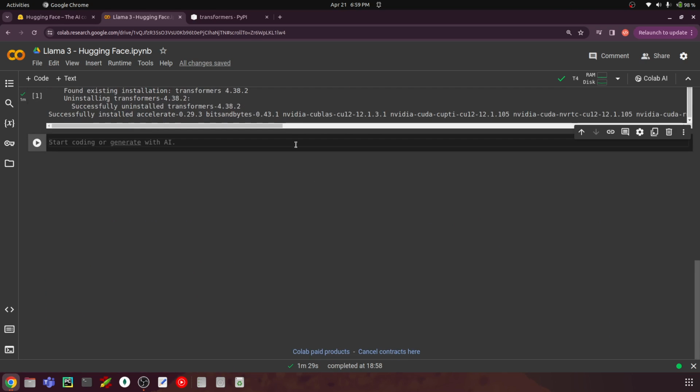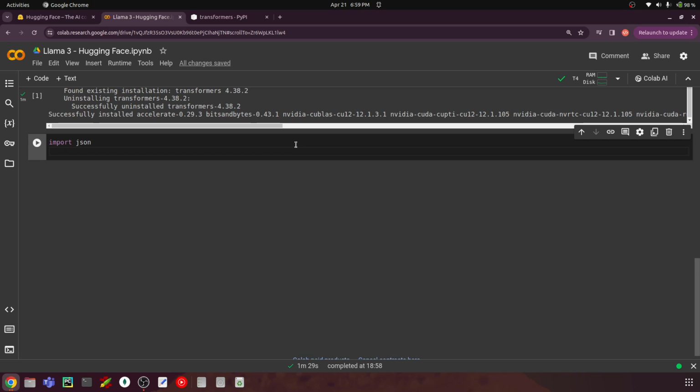So here I'll say import json. I'm importing json to read this JSON file and later pass that HF token to this transformers library, and then I'll import torch. Torch we also need in order to set up the data type for this quantization. And then from transformers